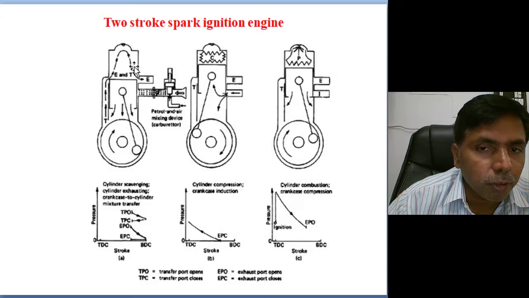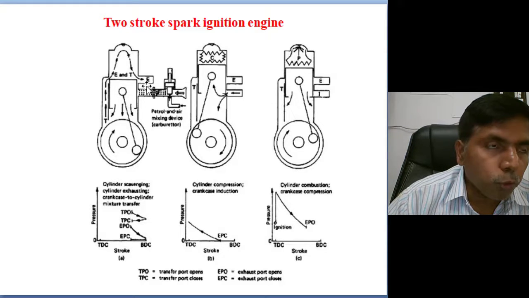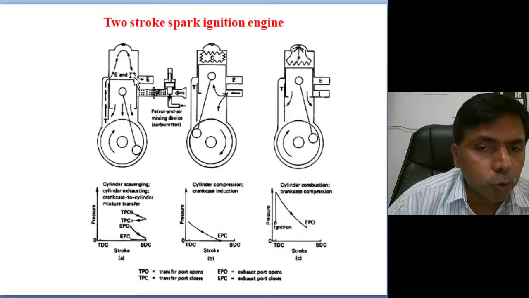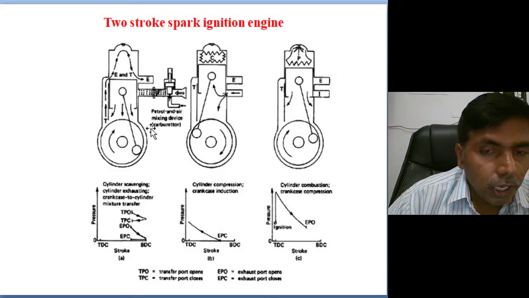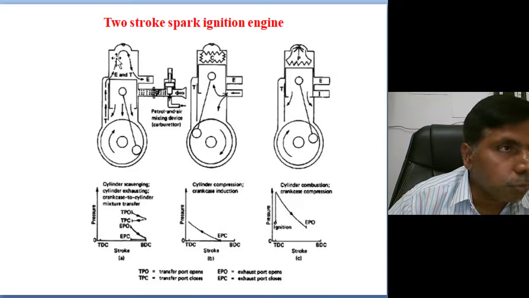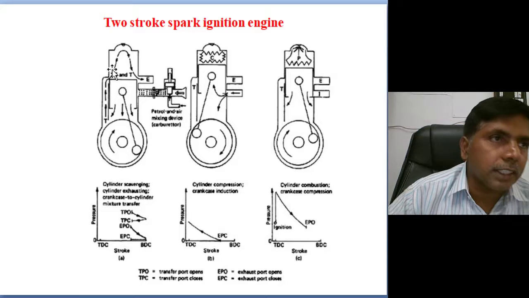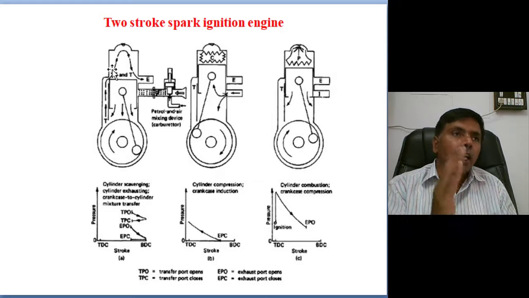So one movement of the piston from TDC to BDC: first the exhaust port opens, not a valve. The port is always covered by the piston only. When the exhaust port is open, exhaust automatically takes place, and on the back side of the piston, compression is taking place. With further movement, expansion continues and the power stroke continuously produces power, and after the transfer port opens, the remaining exhaust gas is scavenged, thrown out from the cylinder.